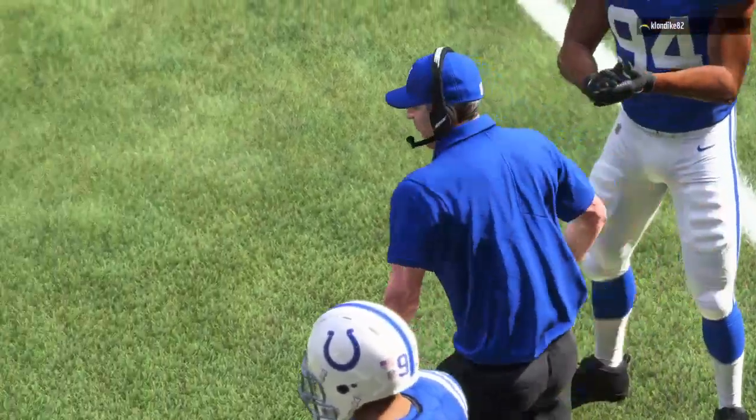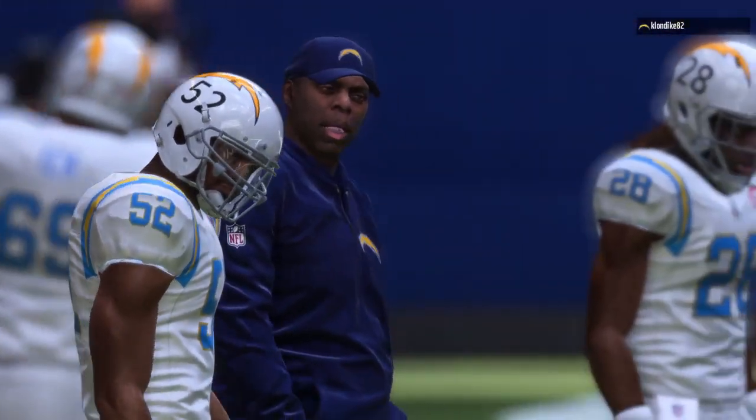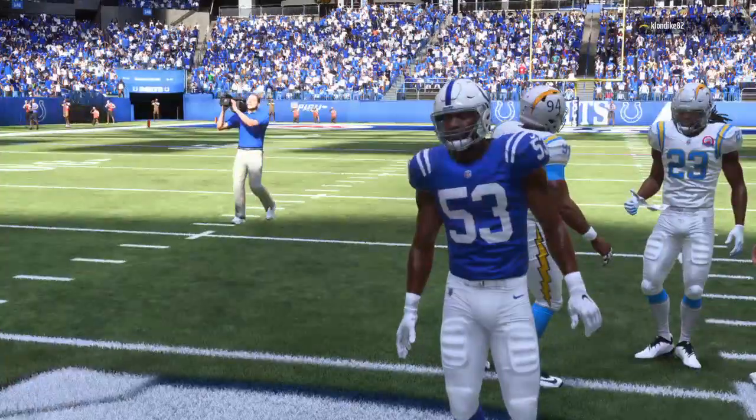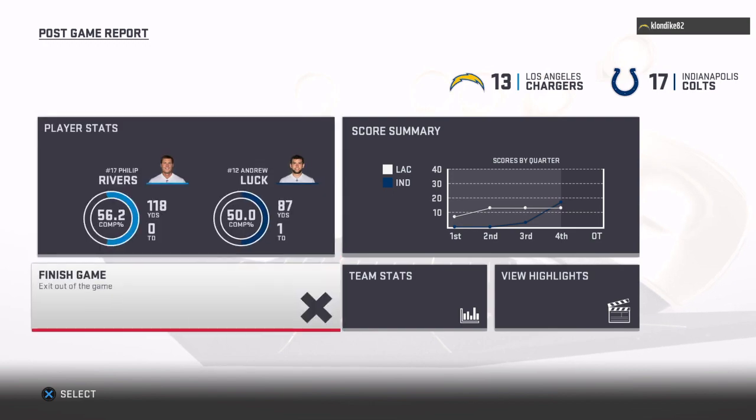A great come-from-behind victory in this one, Charles, and really the difference, obviously, was that fourth quarter. They dominated. And it has to start with believing that you can make that comeback, because we've been in games before. We've done games where you